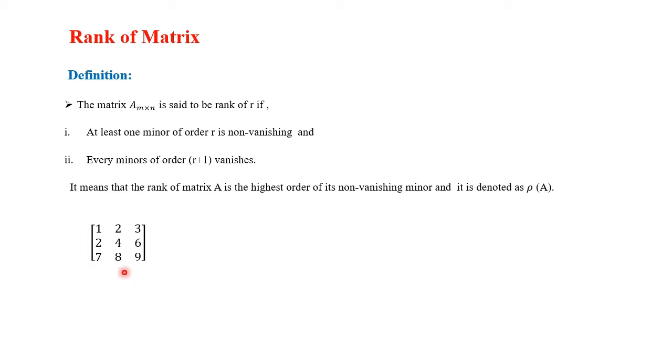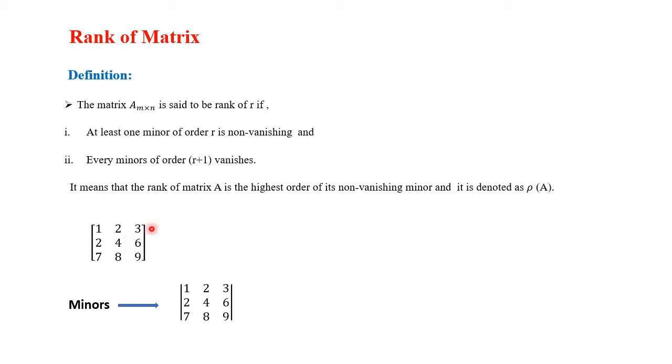Then the minor of this matrix is nothing but the determinant of all submatrices of a given matrix. Every matrix is a submatrix of itself. Therefore, this determinant is the minor of a given matrix. So now this determinant is of order 3 and this is the minor of a given matrix, and remaining minors are obtained by just eliminating rows and the columns. It means that this matrix has 9 elements and each element has the corresponding minor, and that is obtained by just deleting the row and the column in which that element lies.